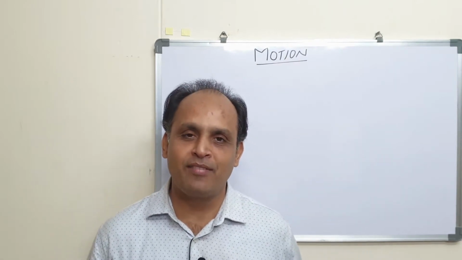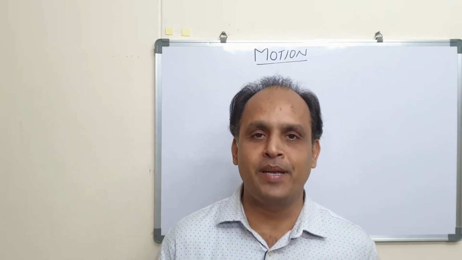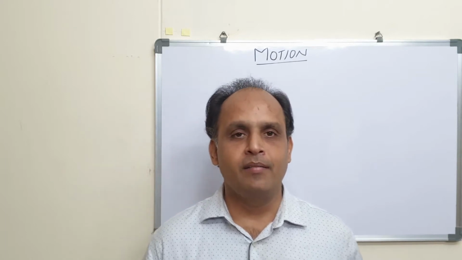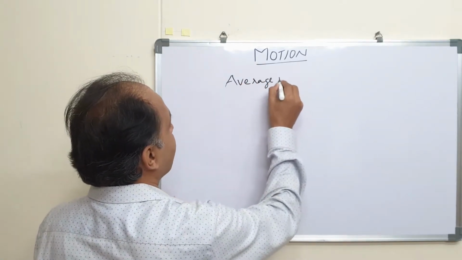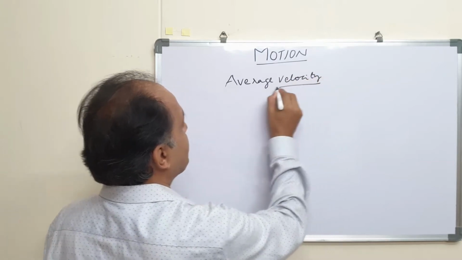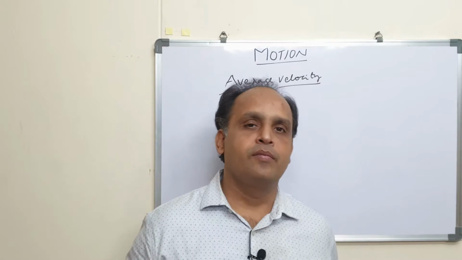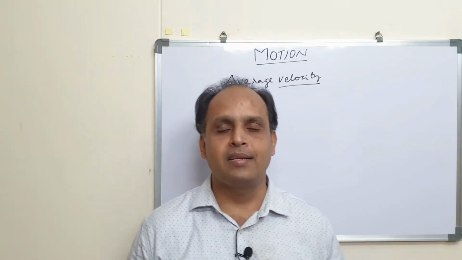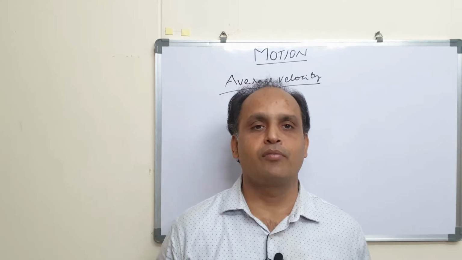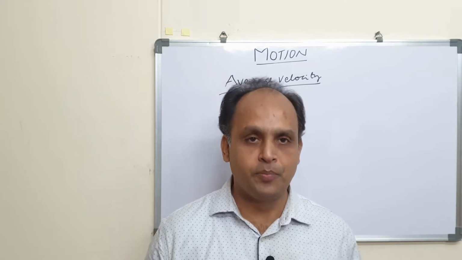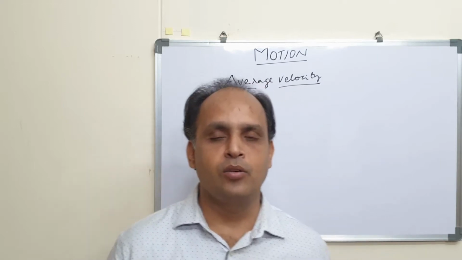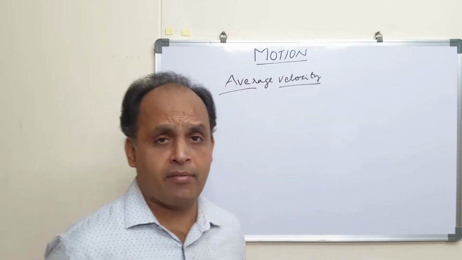In the last class, we learnt about velocity and the comparison of speed and velocity, right? While we were learning that, we came across something called average velocity, right? There we discussed that for average velocity, we add up all the velocities and then divide by the number of velocities you have taken, which eventually averaged out to 0, because for every Vn you have a minus Vn. So it averaged out to 0.